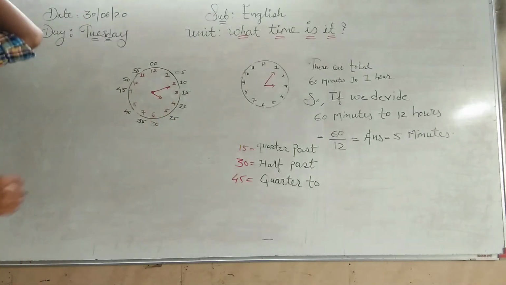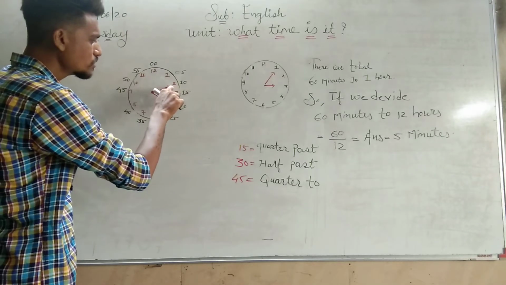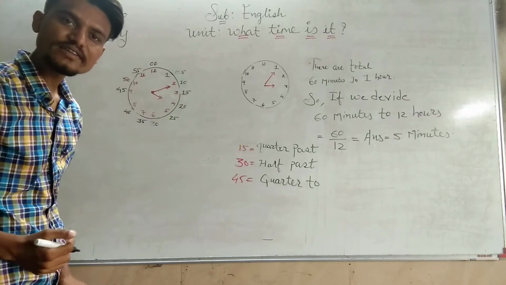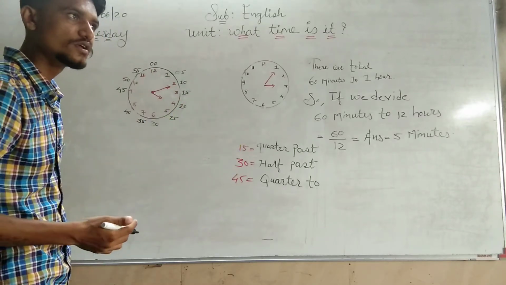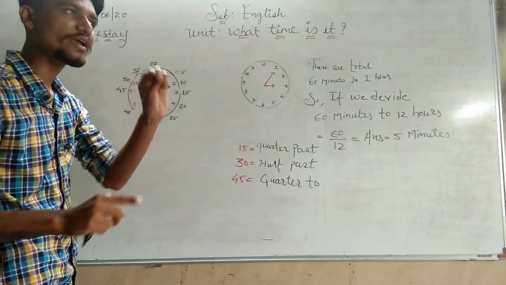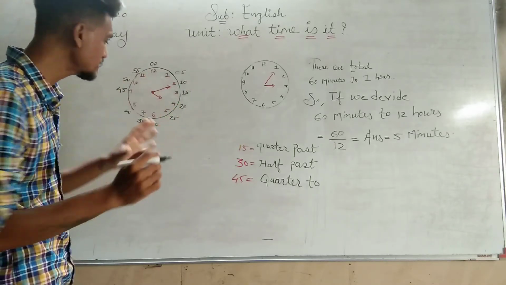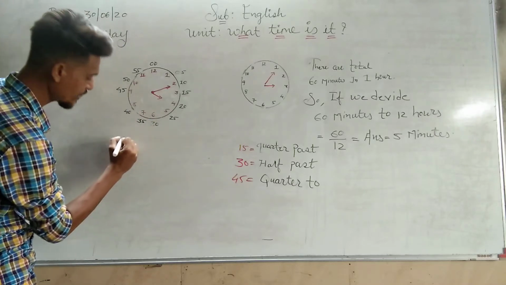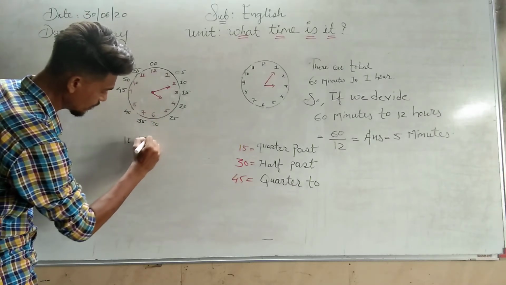Very easy. The big hand is on 2. So how many minutes are there? Count. The big hand is on 2, so you have to multiply 2 with 5. 5 twos are 10. So how many minutes are passed? 10 minutes. So you can write 10 minutes